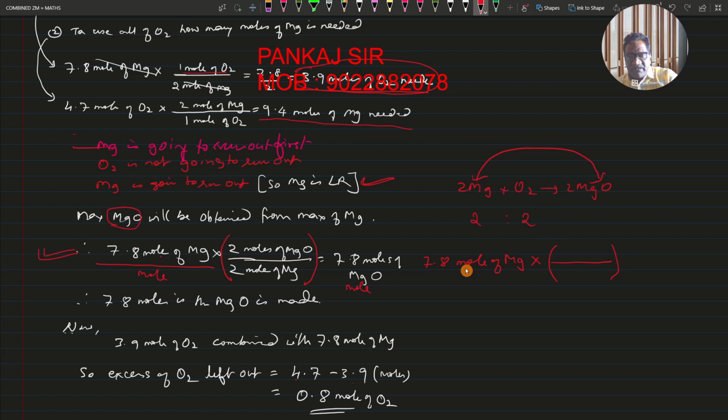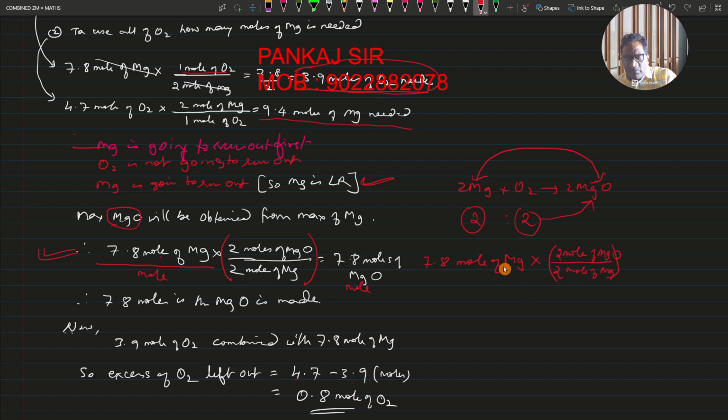So in the denominator you should have mole of magnesium. So mole of magnesium is this 2. You will write 2 mole of magnesium because this mole of magnesium here and this mole of magnesium here has to be cancelled out. Okay. Now what is left for the numerator? In the denominator you will write 2 moles of magnesium. In the numerator you are going to write 2 moles of magnesium oxide. So write 2 moles of